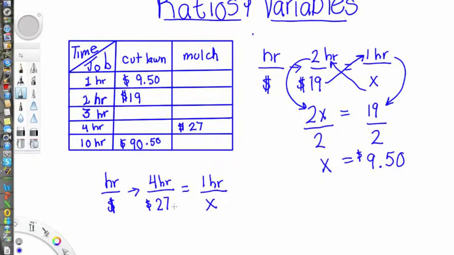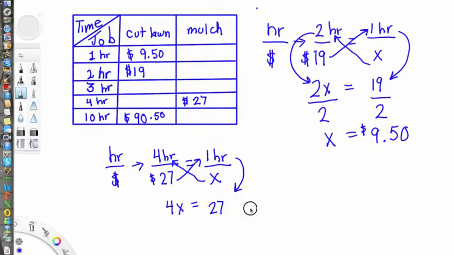Once again, we're going to cross multiply. 27 times 1 hour is 27. And then x times 4 is 4x. So 4x is equal to 27. Once again, let's divide by 4 because we want to isolate the x. What's the opposite of 4 times x? Well, it's divided by 4. And what we do to one side, we must do to the other. We want to know x is going to be equal to